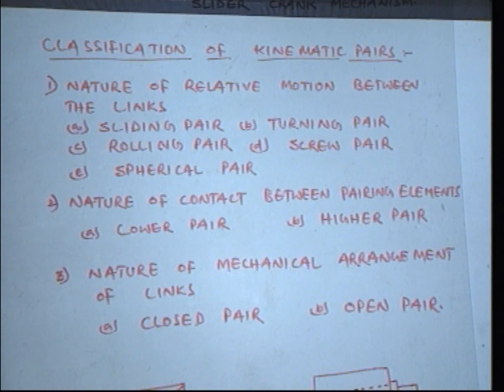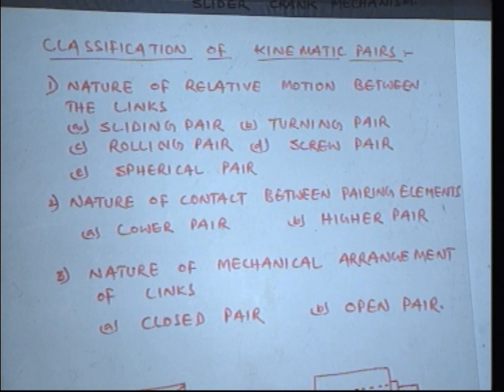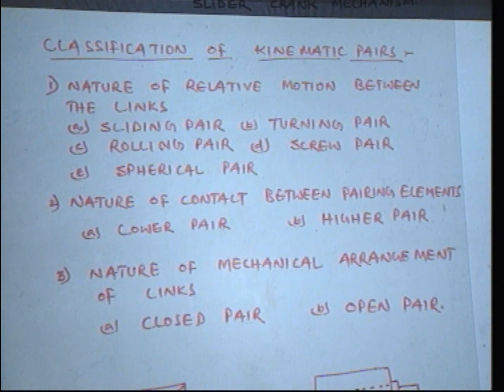The contact between the two is effected only by destruction of at least one of the members. All the lower pairs and some of the higher pairs are closed pairs. Ball and roller bearings, cam and follower, and all screw pairs stand as examples for closed pair. The open pair.